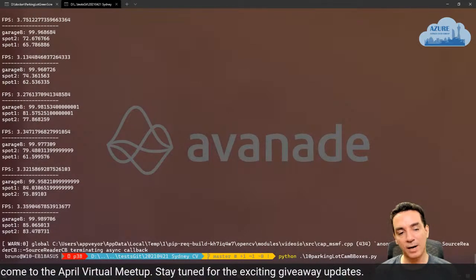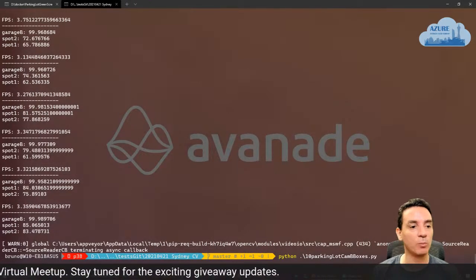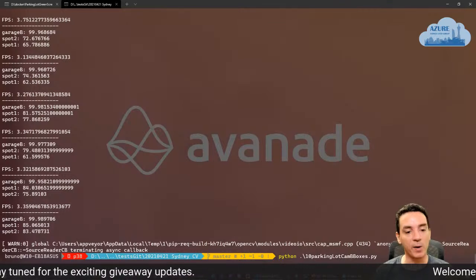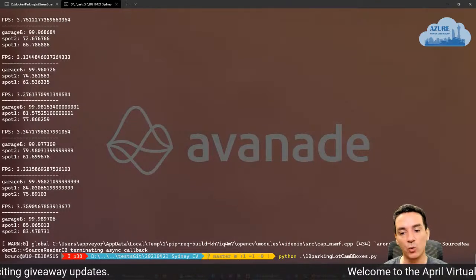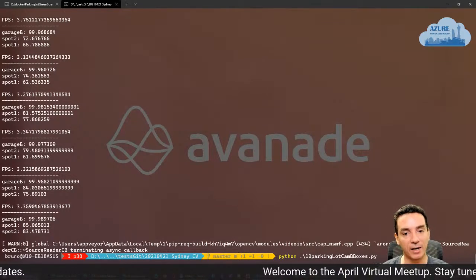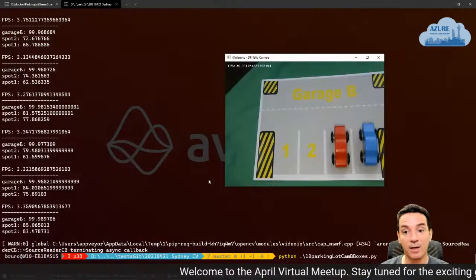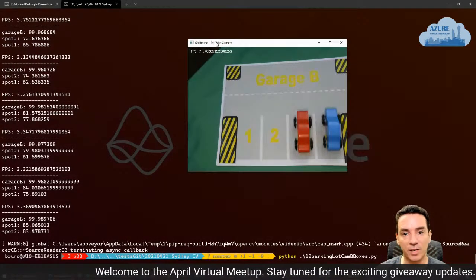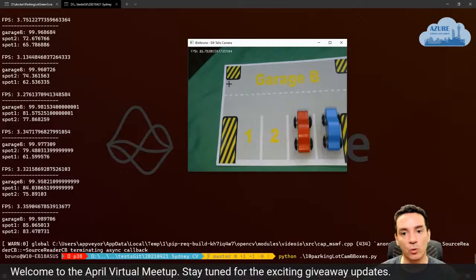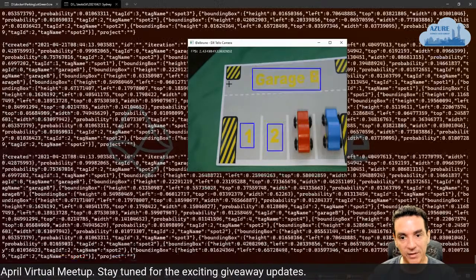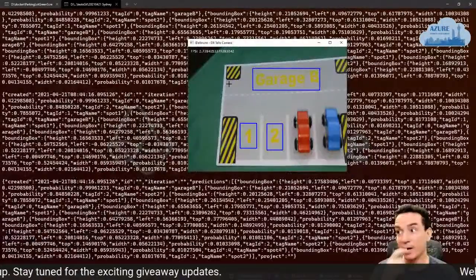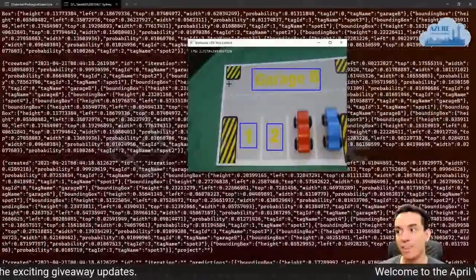So let's run this one, and this is going to basically do the same, but in real time it's going to analyze and show in the parking lot, where you can see here, it's going to show the bounding box. So if I start the detection process, you can see here how the garage is detected, the 1 and 2 are detected.